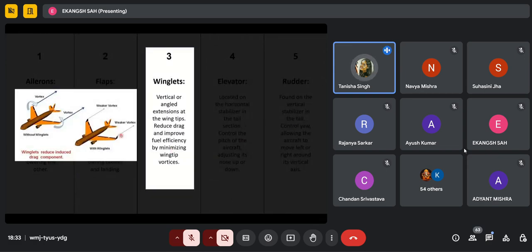Winglets are the vertical extensions, as you can see in the image. These are used to reduce the size of the vortex where high and low pressure areas meet at the wingtip. This reduces the drag, which improves lift and allows the aircraft to rise faster. Next,